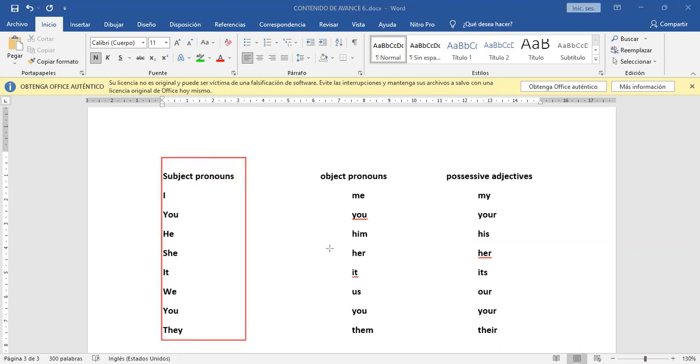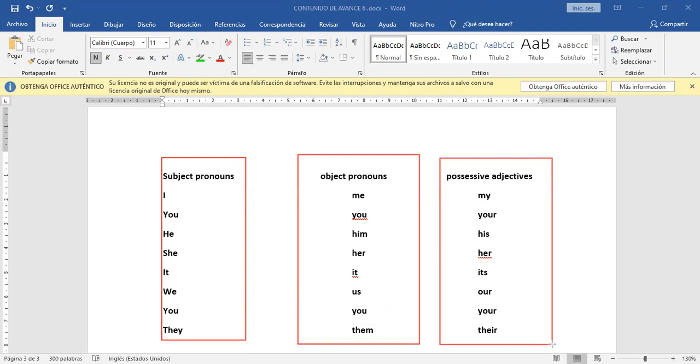Subject pronouns, object pronouns, possessive adjectives. Different. Now, what do we need? We are talking about object, and we are going to use this object pronoun, not subject, not possessive adjective. Object pronoun. Why? Because these object pronouns we use, for example, I can say,